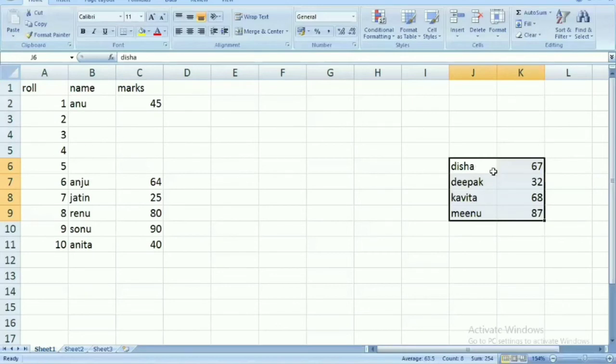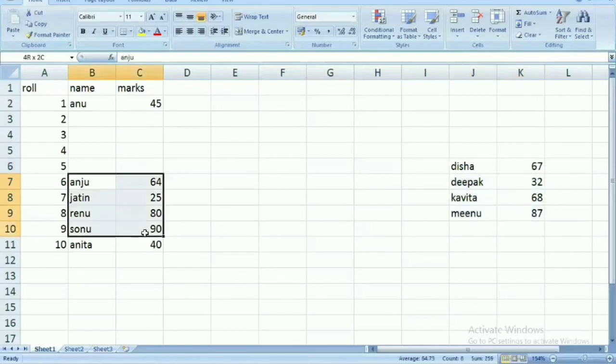You can see here all the data which I have selected is moved from one place to another place. The same thing I can do with cut and paste. Cut means I want to cut it from the current place, and paste means I want to move it to another place. For example, I have selected that area. I want to move this one.